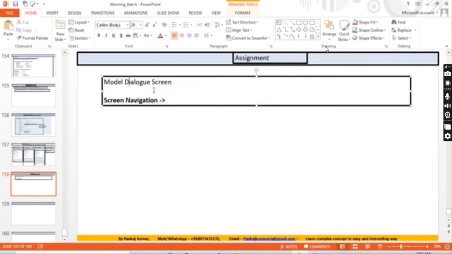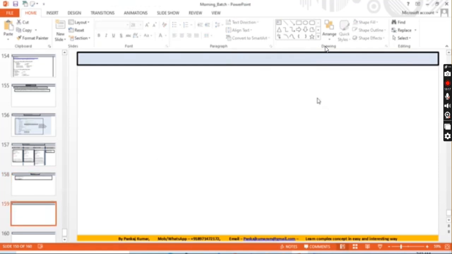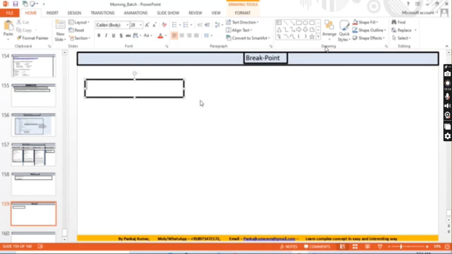So now, this model dialog screen navigation, you understood these particular things, then come to here and we'll resume our session of breakpoint. We started the breakpoint already. In breakpoint we have seen some stuff like types of breakpoint.